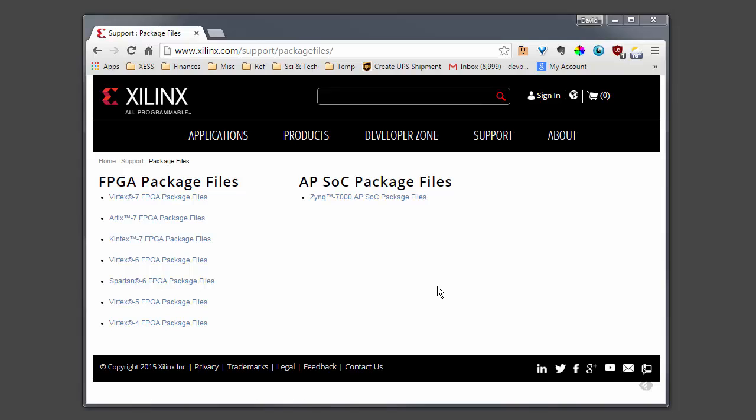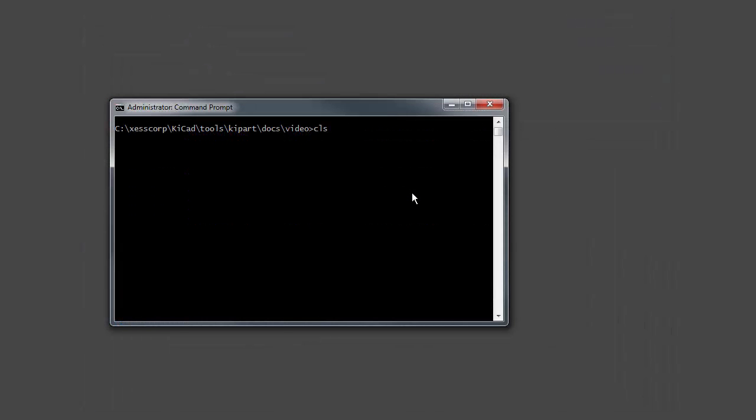All of the Xilinx 7 Series FPGA design info for the I/O is included in these package files that they put on their website, and I've downloaded the zip files for the Virtex 7, Artix 7, Kintex 7, and for the Zynq FPGAs, and I've stored them locally, and I can process all those into a single Xilinx library for the Series 7 parts. And I can do that with this command,